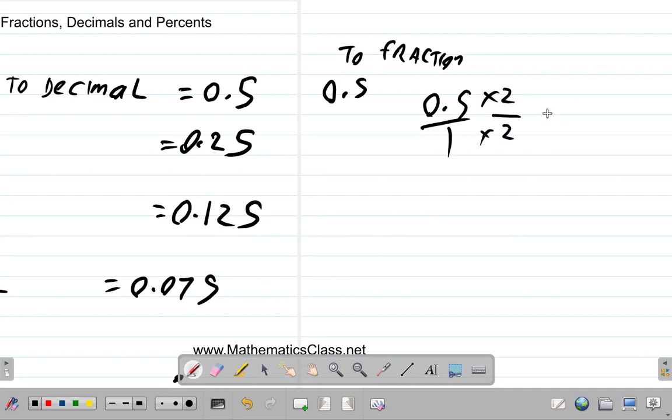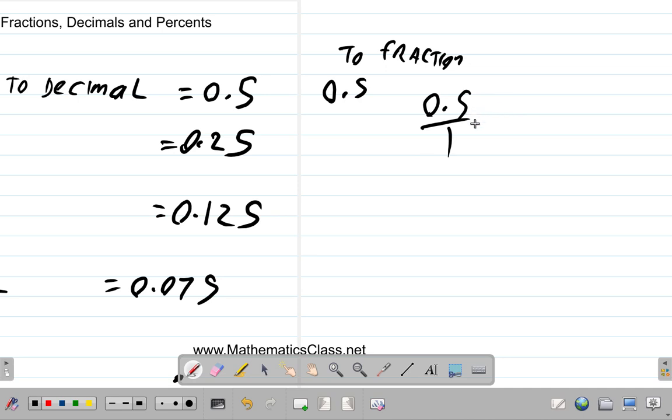So if you multiply 0.5 by 2, you get 1. And if you multiply the denominator by 2, you get 2, right? 1 times 2 is 2. So you get it directly. We recognize it quickly because 0.5 times 2 gives a whole number. But the usual way to deal with it, because often there are other numbers and you can't quickly see which number to multiply the decimal by to make it a whole number,